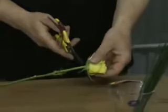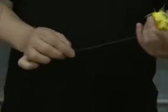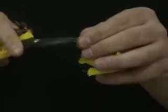Now this may look very drastic, but it is required. So we cut the rose, then we take green wire. It's quite strong. The main thing for a display on a groom's jacket is stability. Take the wire, put it right through, then either with your hand or scissors, you create a little hook, gently